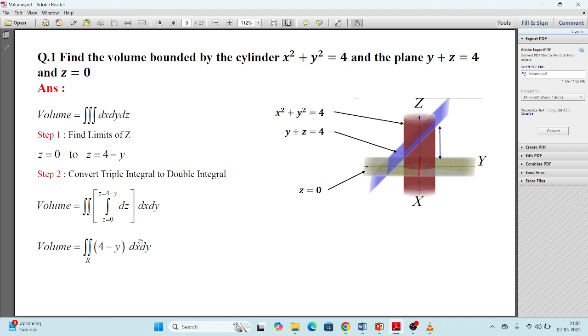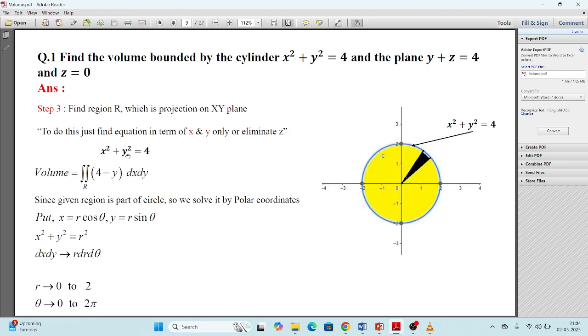Now the second question, how to get the region of the xy plane. So just see the given equations. In the given equations, is there any equation which is in terms of x and y only? Then you can choose that equation as the xy equation. Otherwise, if there is no equation which is free from z, try to remove z from the equations to get the required equation. If you see the current problem, there is one equation present in xy only, which is free from z. So consider this as the equation for the xy plane.